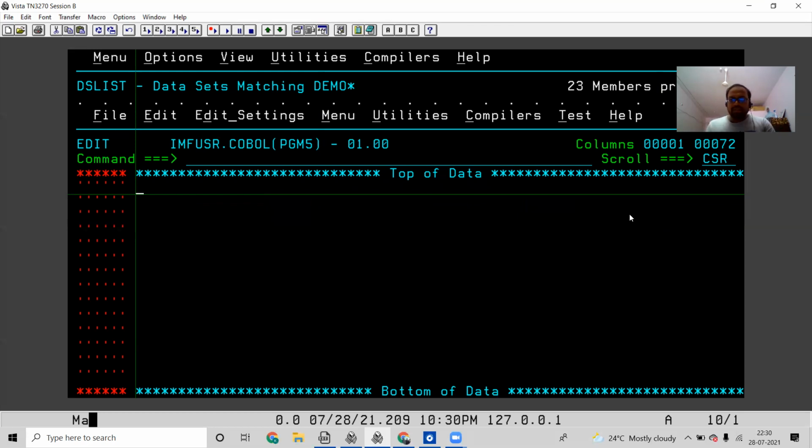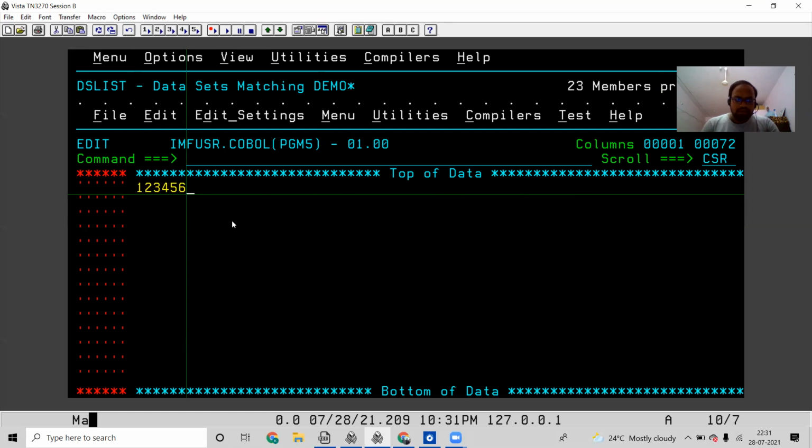Then we can go with the simple programs, and also one or two programs I will show you. First of all, the first 6 columns, that means 1, 2, 3, 4, 5, 6, these first 6 fields are the sequence number.